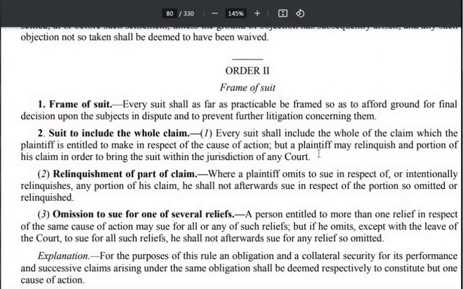जैसे मान लो मेरा आपके ऊपर 50 लाख रुपए का क्लेम है. Suppose I have given a loan to you for 50 lakh rupees and later I file a suit to recover the money. Now the rule says that I must claim the entire claim before you. जब मैं कोर्ट में सूट करूंगा, आई मस्ट क्लेम द एंटायर 50 लाख रुपीज। और अब मेरी मर्जी है कि आई मे क्लेम ए लेसर अमाउंट ऑल्सो। अगर 50 लाख रुपए का क्लेम करूंगा तो पर्टिकुलर ज्यूरिडिक्शनल कोर्ट में, पेक्यूनरी ज्यूरिडिक्शनल कोर्ट में करना पड़ेगा मेरे को सूट।